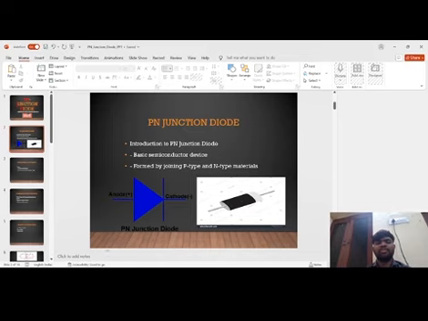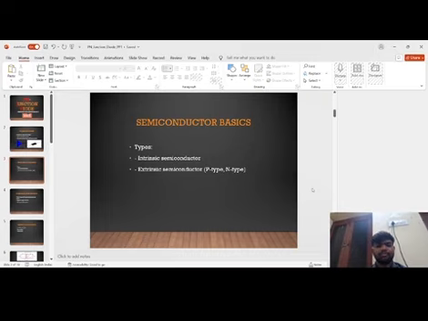It is the PN junction diode. This is the PN junction diode symbol. This is the practical diode. That goes to the